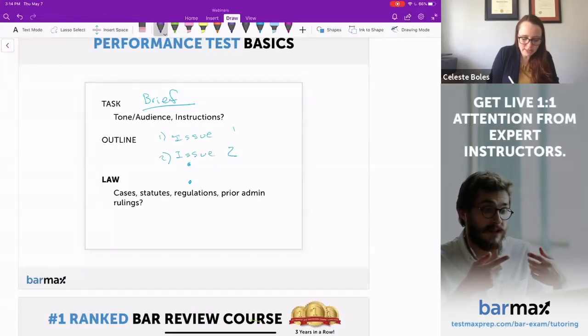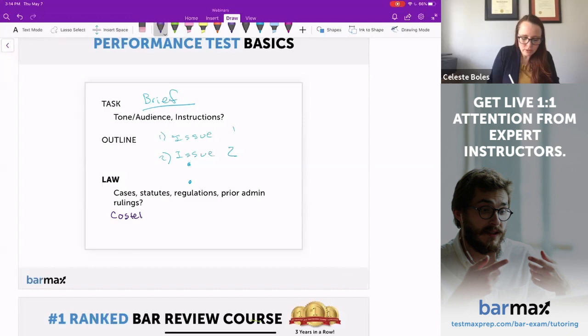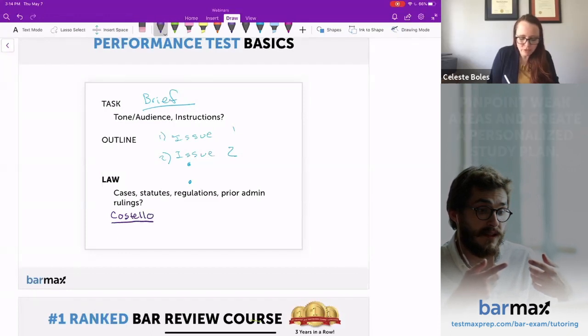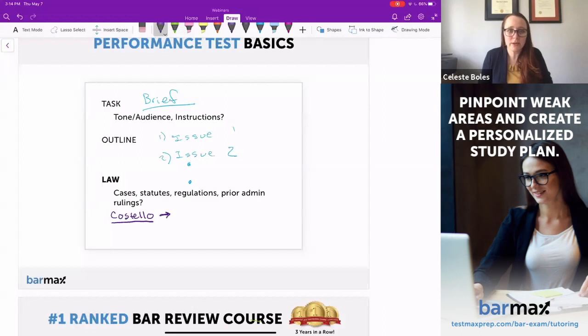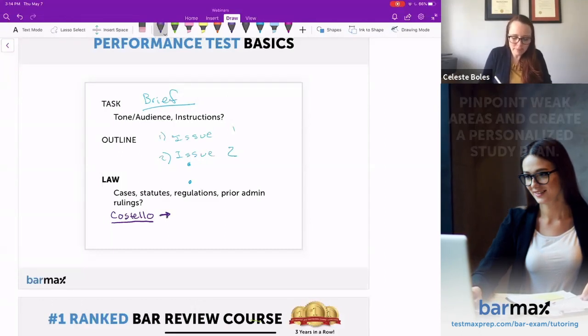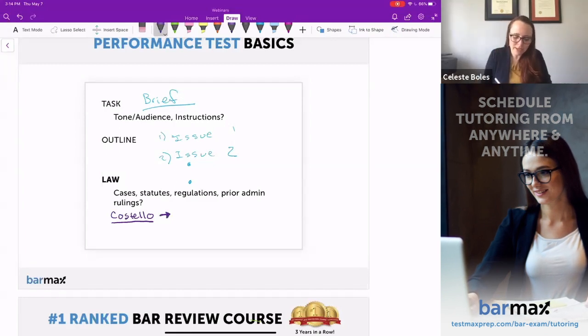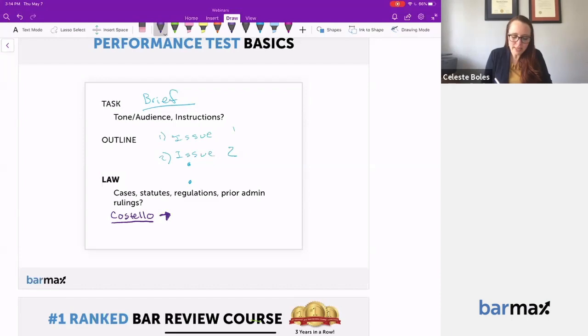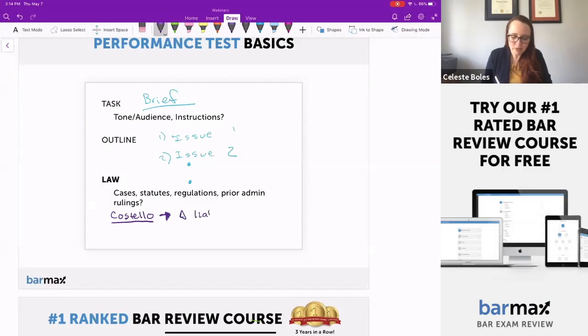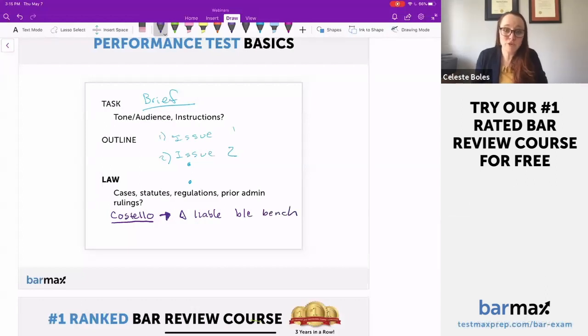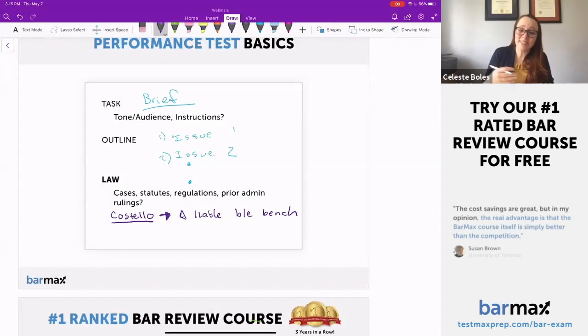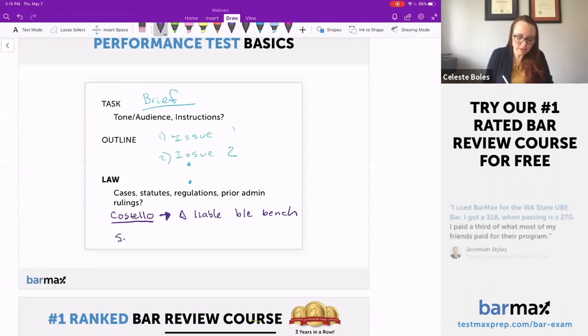You know, the first case is Costello, and you don't have to write details there, but you can say, you know, and this comes from an actual, this is that one about the amusement park. I have it stuck in my head now. You can say, you know, defendant liable because bench. That means nothing to you right now, but you will have read Costello or read about Costello, and you'll remember why that matters. And then, you know, another one,